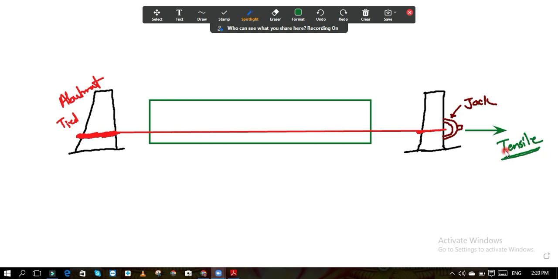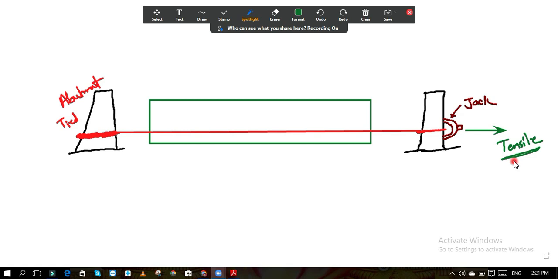Once we get the desired degree of tensile force, suppose you have done the calculation and the prestress design, and you need the tensile force at the desired 200 kilonewton. Once you apply the tensile force of 200 kilonewton, your analysis says it is okay and fine. Now the pre-stress will get developed in this member. This is your calculation.